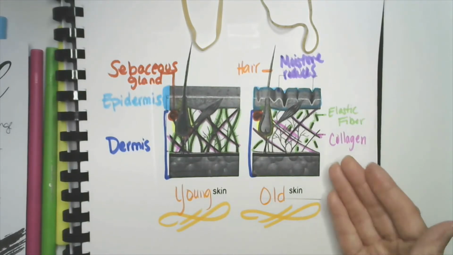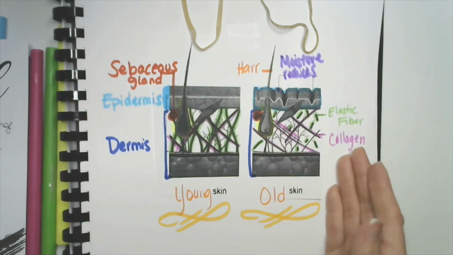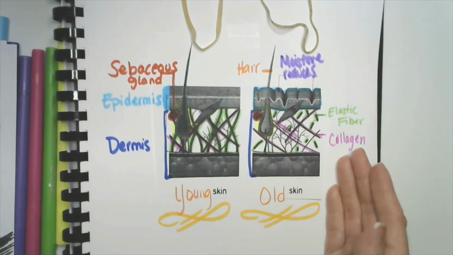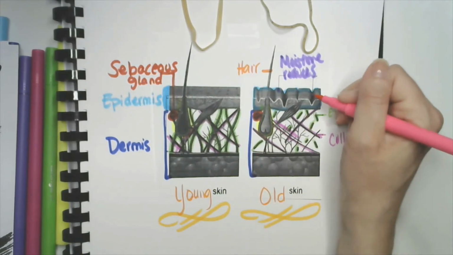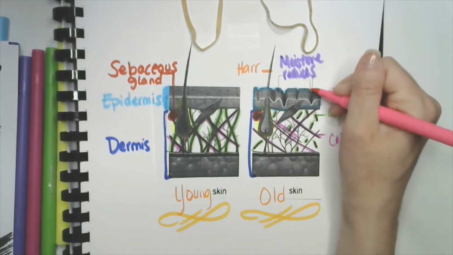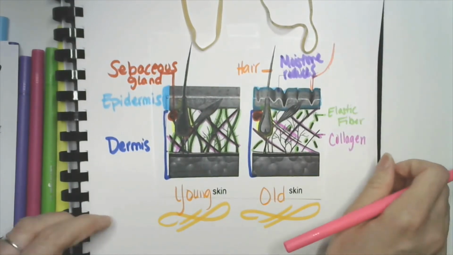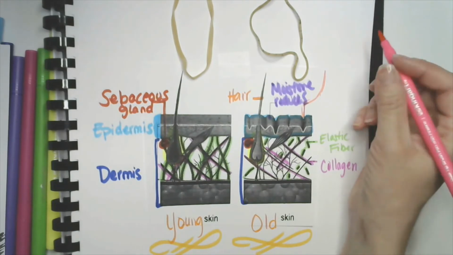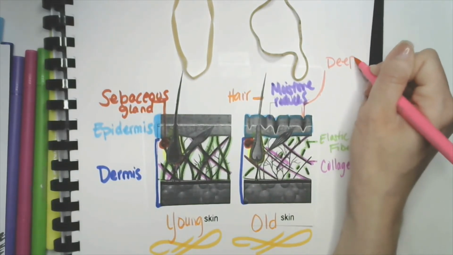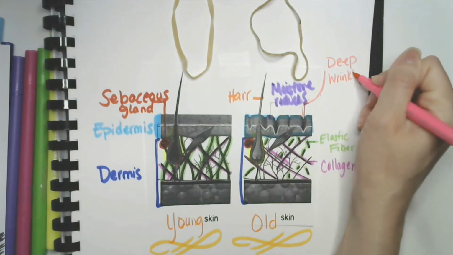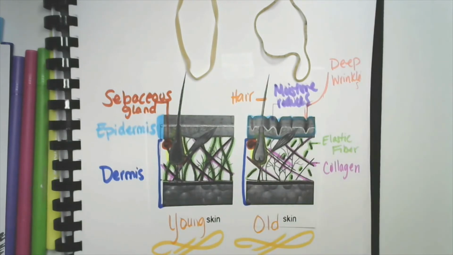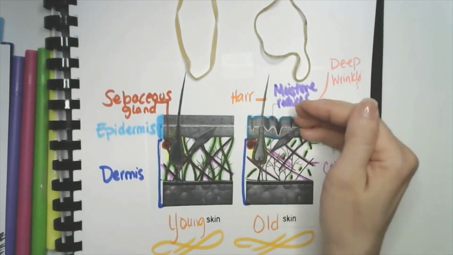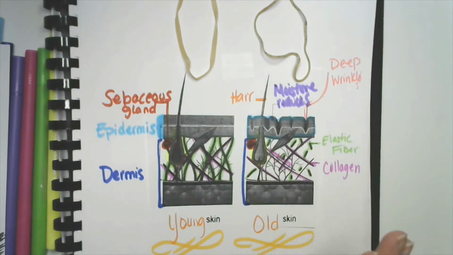And then over time, with the lack of the collagen that we have available to us now, and also the lack of the elastic fibers being in their original position, you see these deep V shapes here. And I'm going to raise this up a little bit. This is going to be our deep wrinkles. All of this happening underneath the skin can definitely be helped by what we consume,